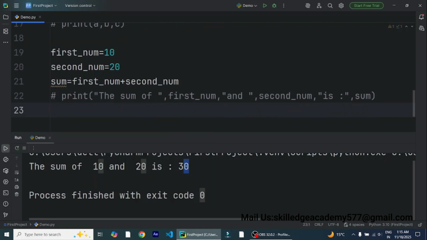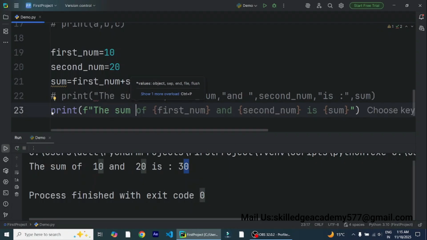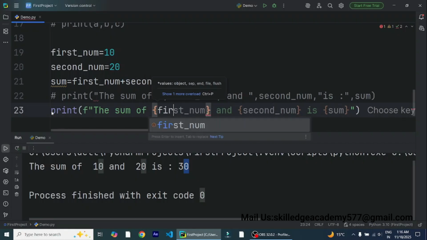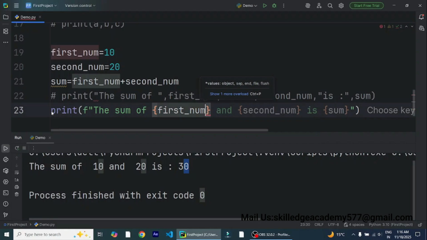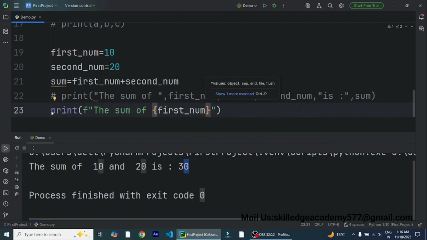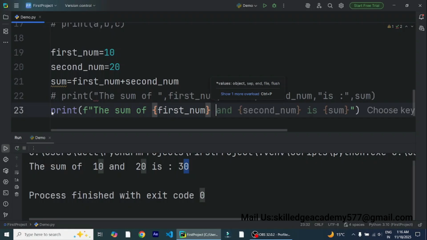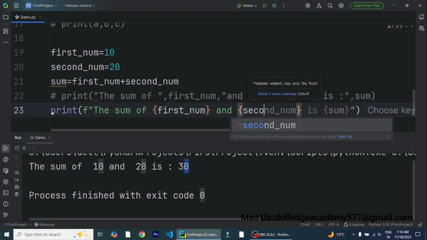I can write this print statement with a format parameter of a string. If you put an f before the text, I can write the same statement: the sum of, and now I have to write the first variable, which is first number, in curly brackets. We don't have to close the double quotation mark. Within that curly bracket, the variable name will be automatically replaced by the variable value of that variable. The sum of first number, and now I will put the second number,